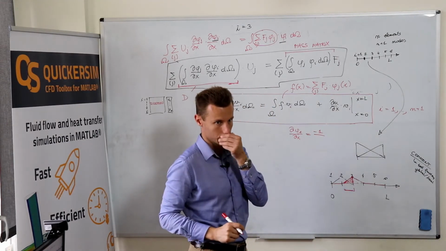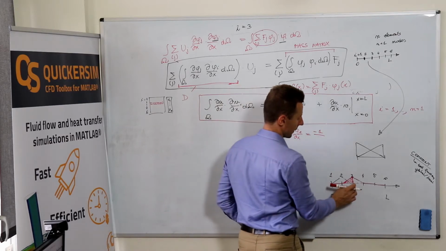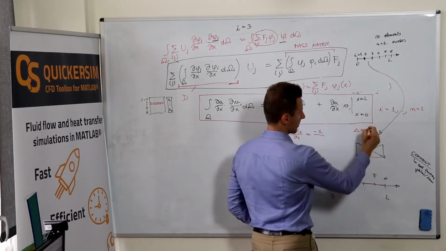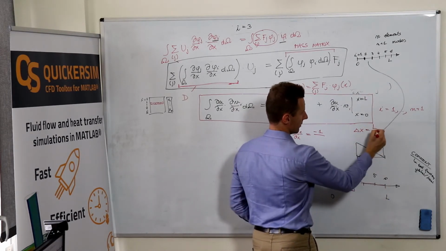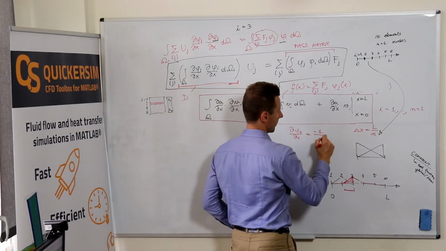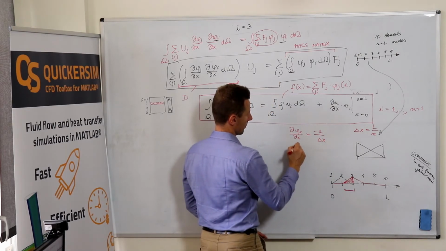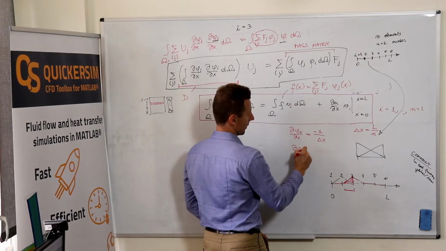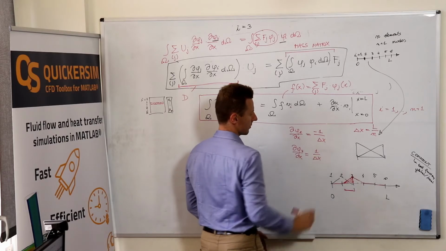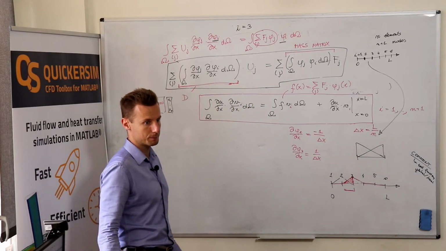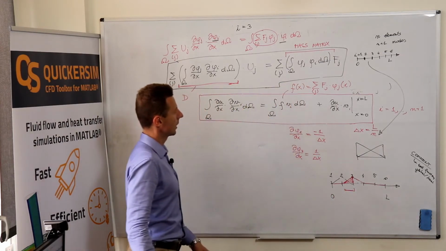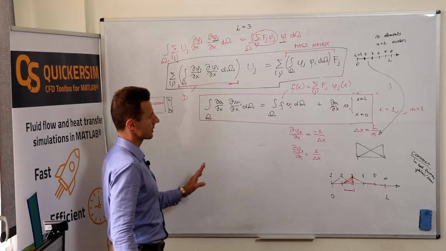Over? Yeah, and what's the dx? It's probably L divided by number of elements, right? Okay, so far so good. d phi 3 with respect to x, then 1 divided by delta x, right? So now, let me go step by step